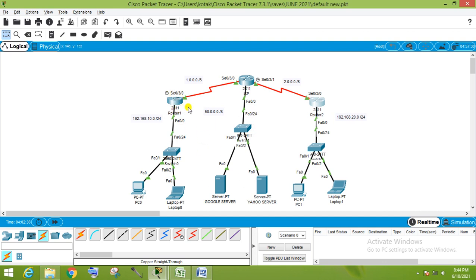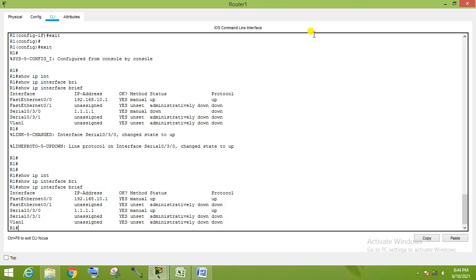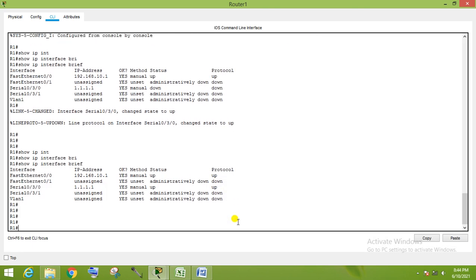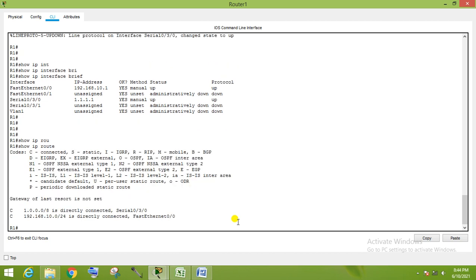But this router doesn't know the routing. In this router, we are not able to see the routes to this 50.0 network, or 2.0 network, or 20.0. You can check and verify it.